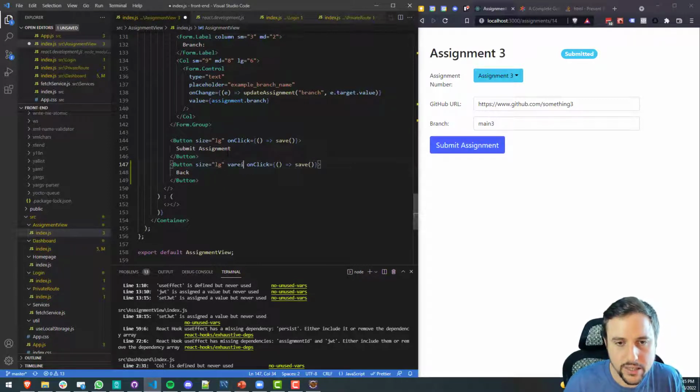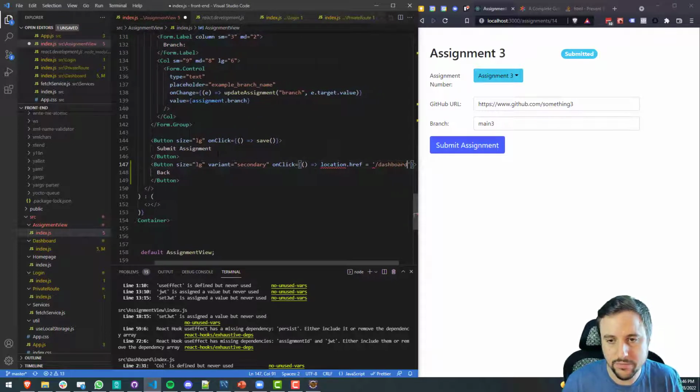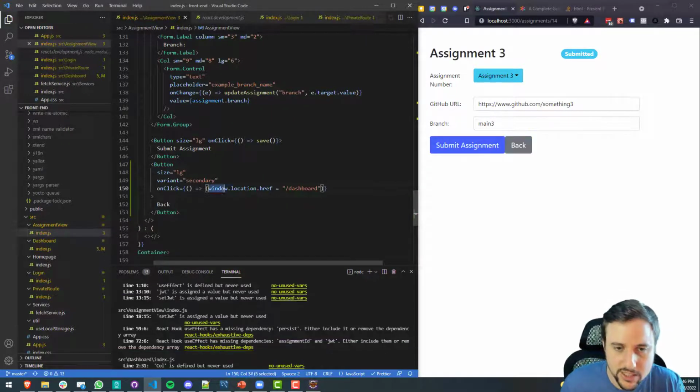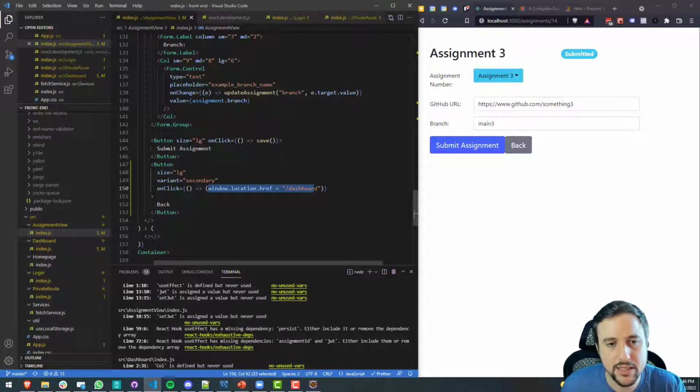the variant will be secondary. And on click, we'll just do a location href equals /dashboard, window.location href. Again, this is not great code to do it this way, but anyway,